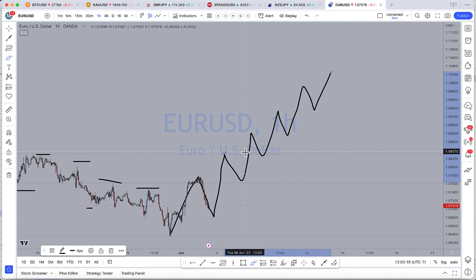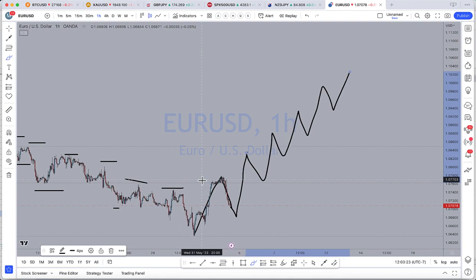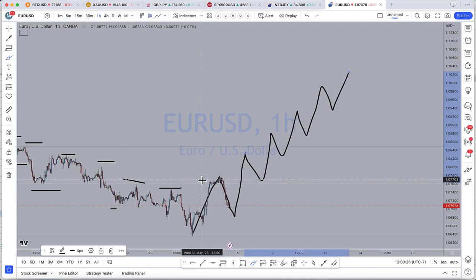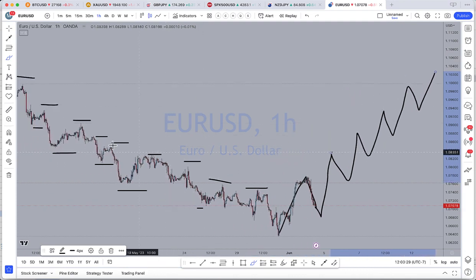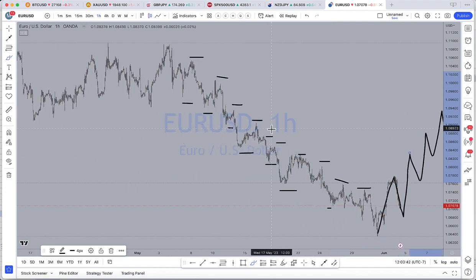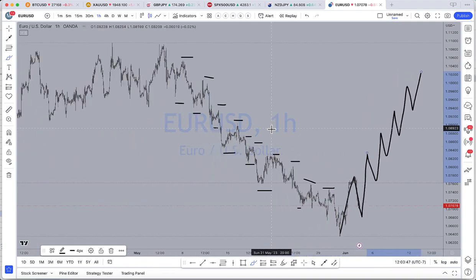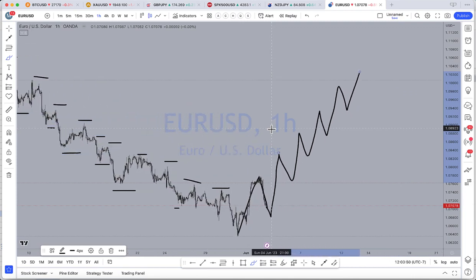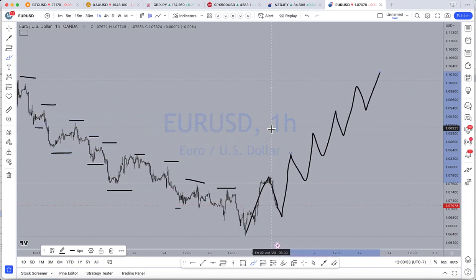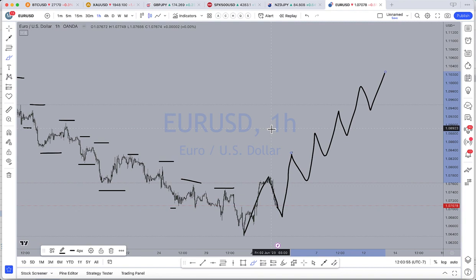But this is how patient, disciplined traders get on the right side of the market most of the time. Because they're patient. They wait for these. When everything's respecting the levels, right, in the down direction, they're selling. But as soon as it breaks out and changes the pattern to the upside, now they're buyers. And they're just looking for buying opportunities for whatever strategy and entry model they want to deploy. All right? So go check this out on your own chart. You'll see it happen over and over and over again. And it's extremely powerful, especially combined with these other smart money concepts.